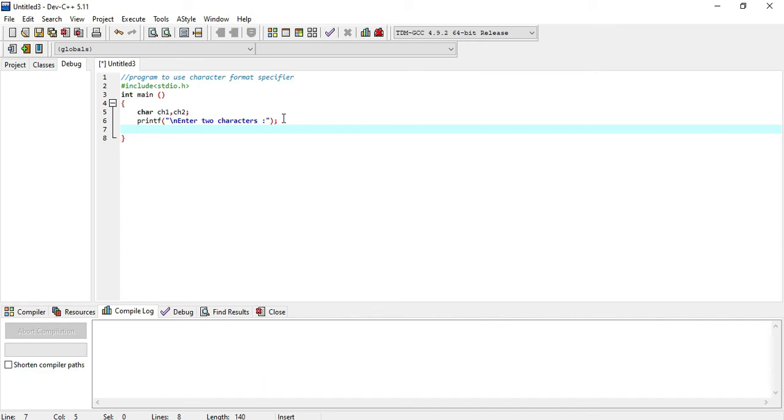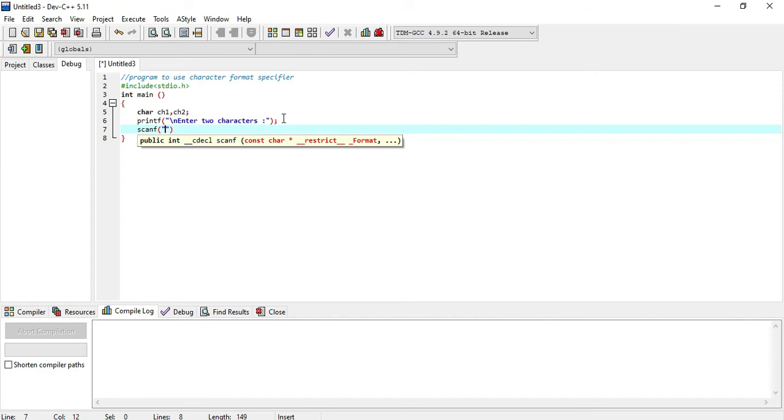Now with the help of input function, that is scanf, I will take value from the keyboard. Now we need to define here the format specifier of characters which we are entering from the keyboard.